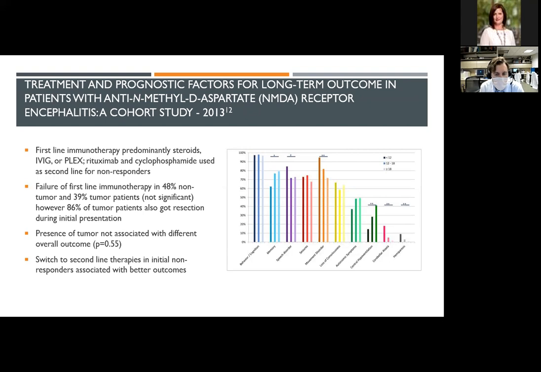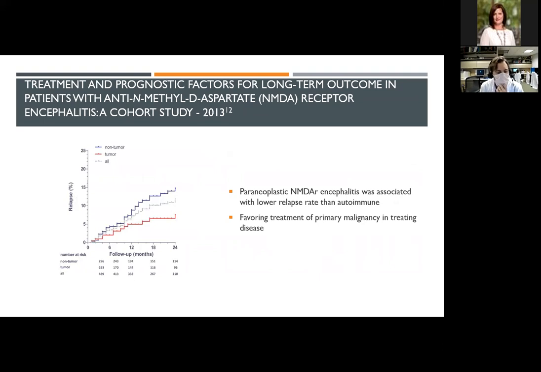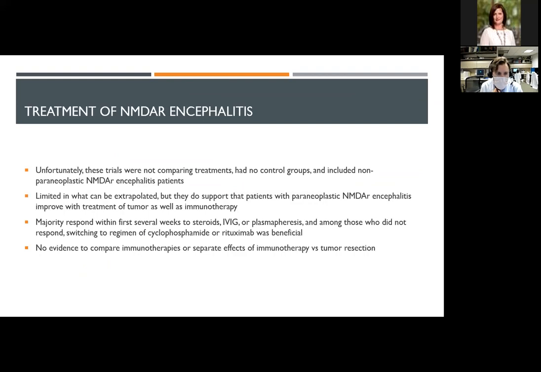That's, I think, a helpful finding in that the evidence does show there's a benefit to the first line agents, and the evidence does show there's a benefit to the second line agents. So at least we have that. The other thing, which supported the patients with neoplasms doing a bit better that we saw in the other study, was that if there was an underlying neoplasm, that tended to have a lower relapse rate than in a primary autoimmune issue. That fits, in that if there's some source of your immune system attacking your nervous system, getting rid of that source makes you less likely to have an ongoing issue in the future.